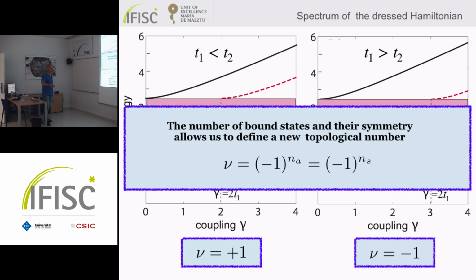Only this is +1 and this is -1, because you count the number of states, the parity of the number of edge states, of bound states. So in this sense, the probe is not affecting the topological. No, the problem just wants to recover this number. You want to observe this number by only measuring the probe.